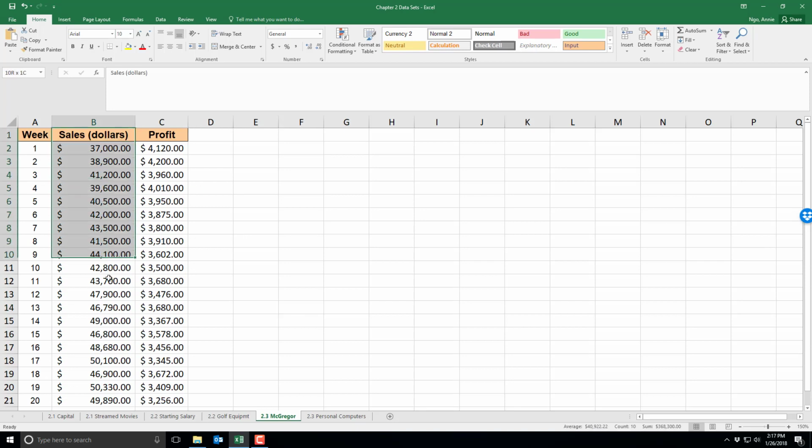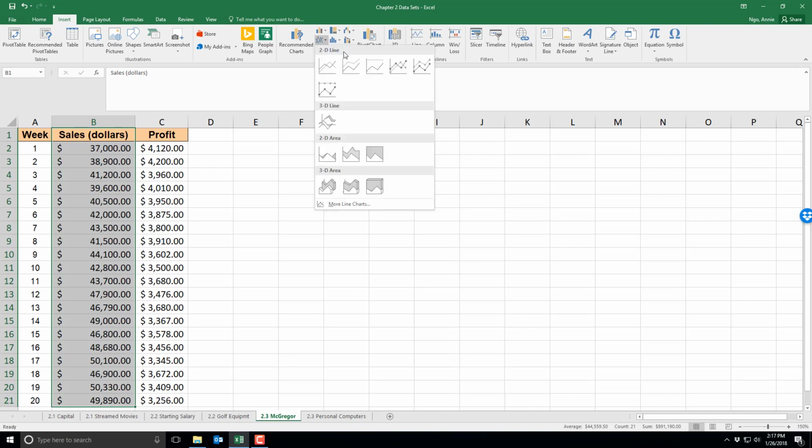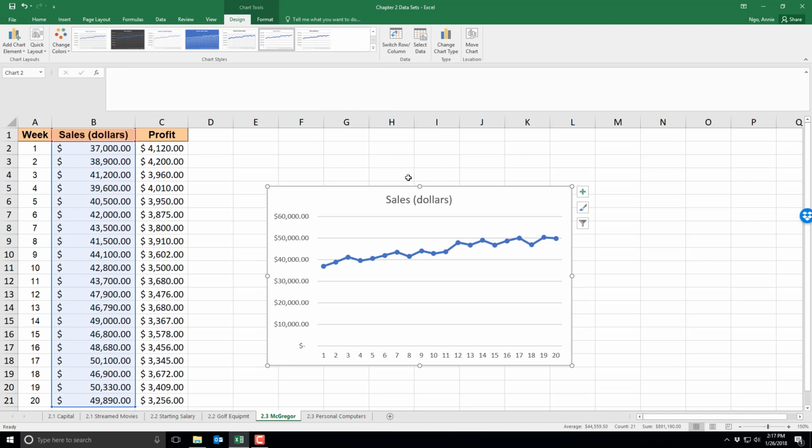So go ahead and highlight or select our sales data. Go up to the top where it says Insert, and then we'll move over to the Charts area where we'll see Insert Line or Area Chart. And you're going to look for the option where we're creating a line chart with markers. And then in the Design tab in the Chart Tools, we're going to add, fix